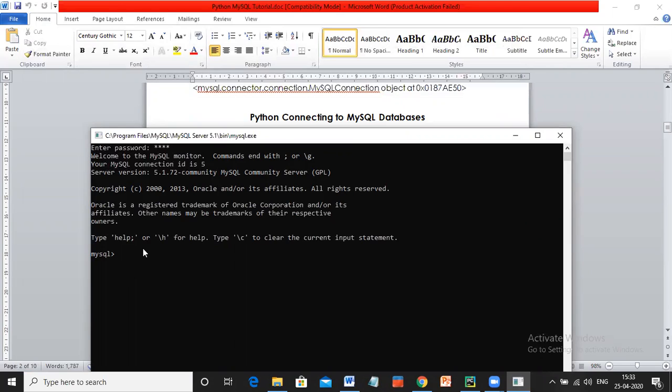Now there are a few commands I would like to share with you. Like you need to check out the list of databases already existing in MySQL. So you can write this command, show databases. You can see this. So I suppose python underscore MySQL is already there. You can see that it's already there. So what I'll do, I'll just drop this. I'll delete this database.